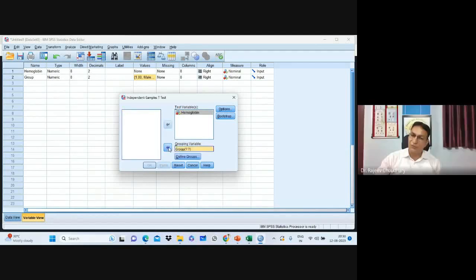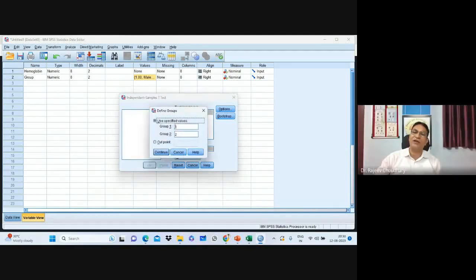Grouping variable. और डिफाइन करते हैं ग्रुप। ऑलरेडी हम लिख चुके हैं, ग्रुप 1 1, ग्रुप 2 2।